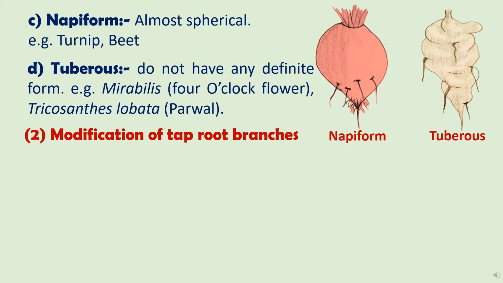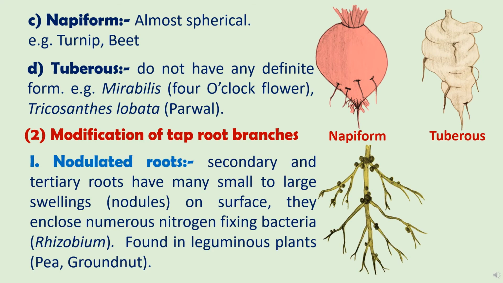Now, next is the modification of taproot branches. In some plants, branches of the taproot also get modified in many ways for their survival. So, first type of such root is the nodulated roots. Roots of leguminous plants show many irregular swollen structures called root nodules. These nodules enclose millions of nitrogen fixing bacteria of genus Rhizobium, and these bacteria fix the atmospheric nitrogen